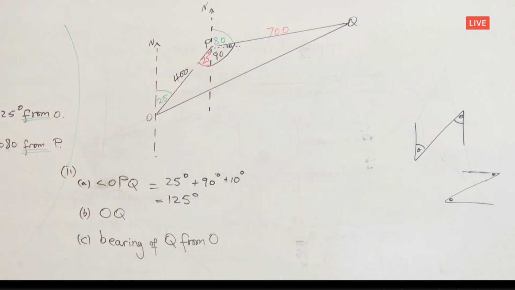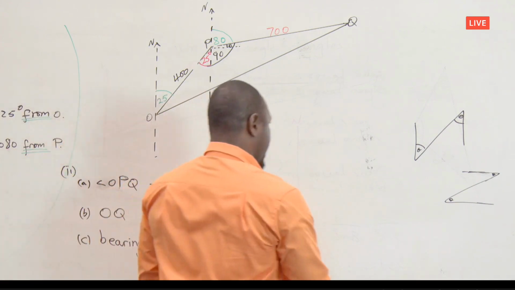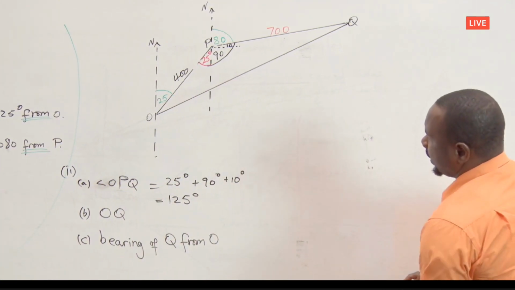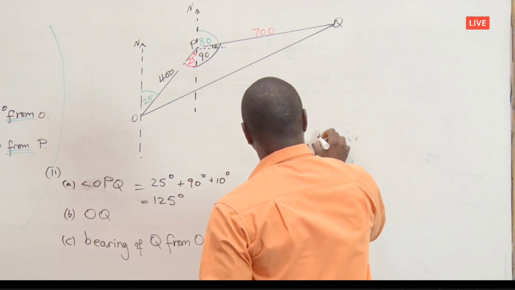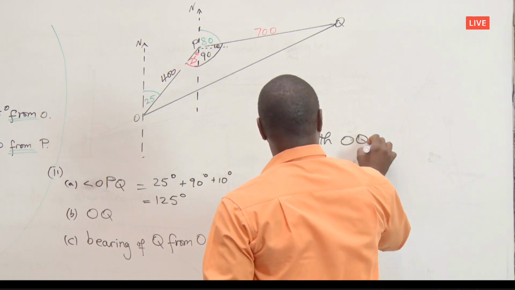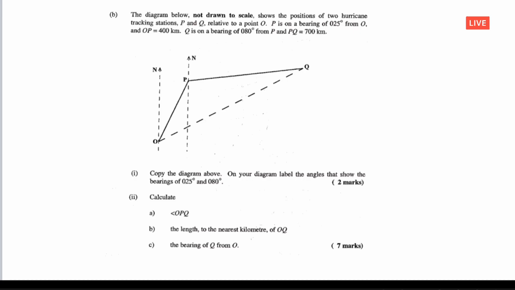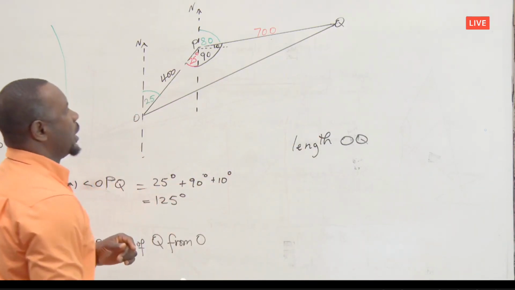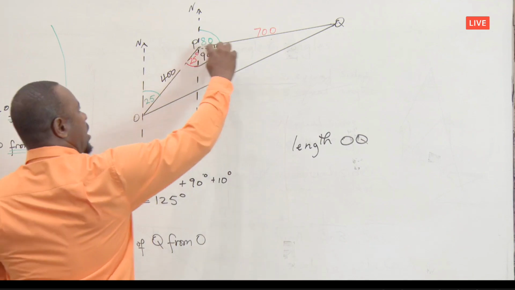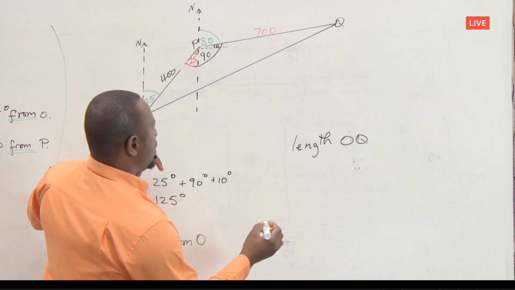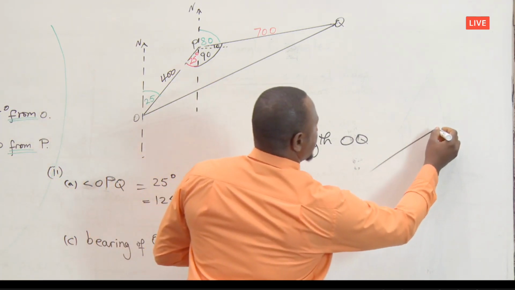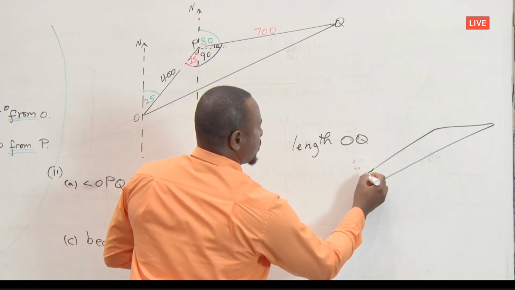Now let's go to part B. So part B, they want us now to calculate the length of OQ. So we need to find the length of OQ. Now OQ would be this particular side here. And we appreciate that this shape, it's now a non-right angle triangle. So if we take it out to a sketch,